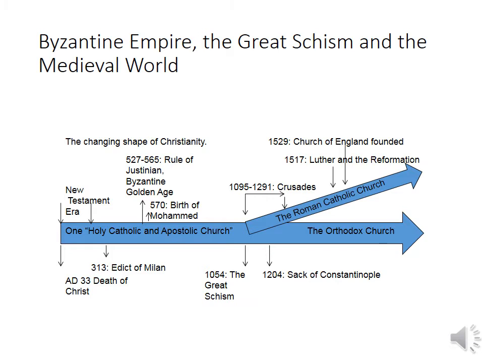The Great Schism is in 1054, and that will be the official point that Christianity no longer is considered one church, but will be split into at least two, with the Roman Catholic tradition and the Orthodox tradition. So I don't want to get too far ahead of ourselves, but I want to keep in mind and have you guys understand where we are in the timeline of European Christian history here.